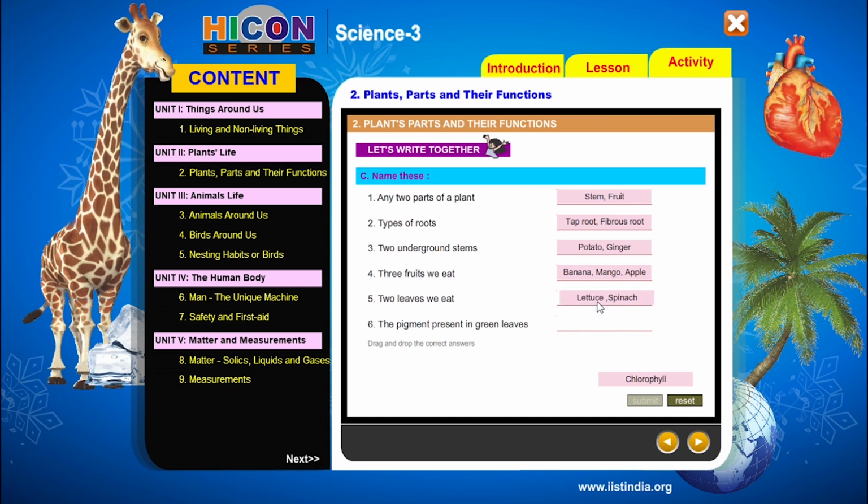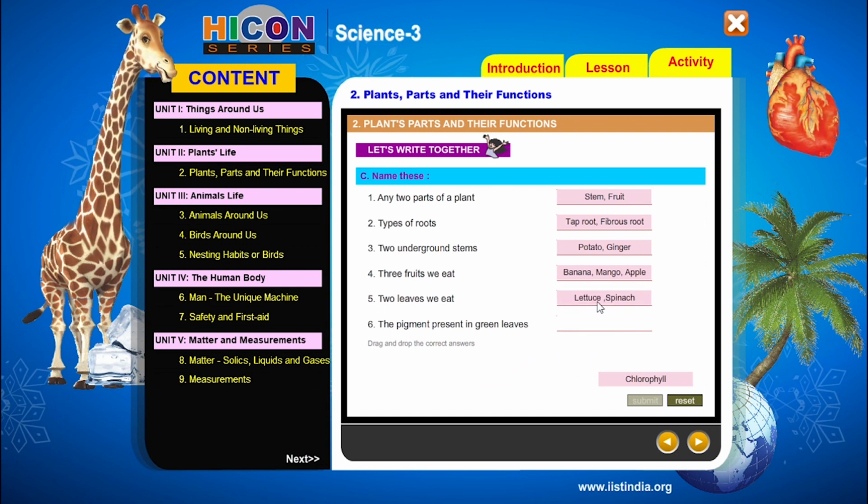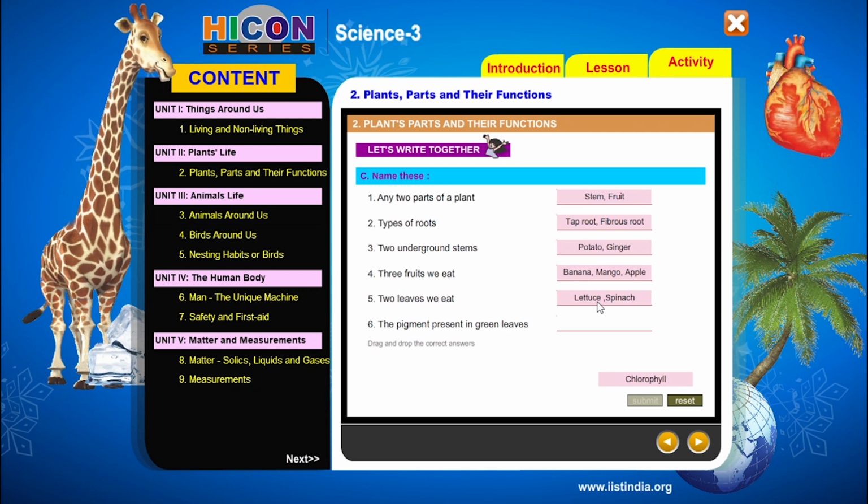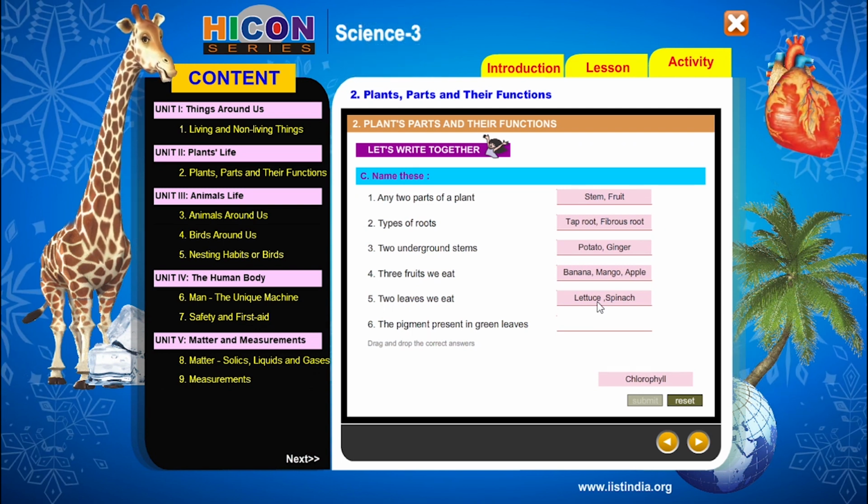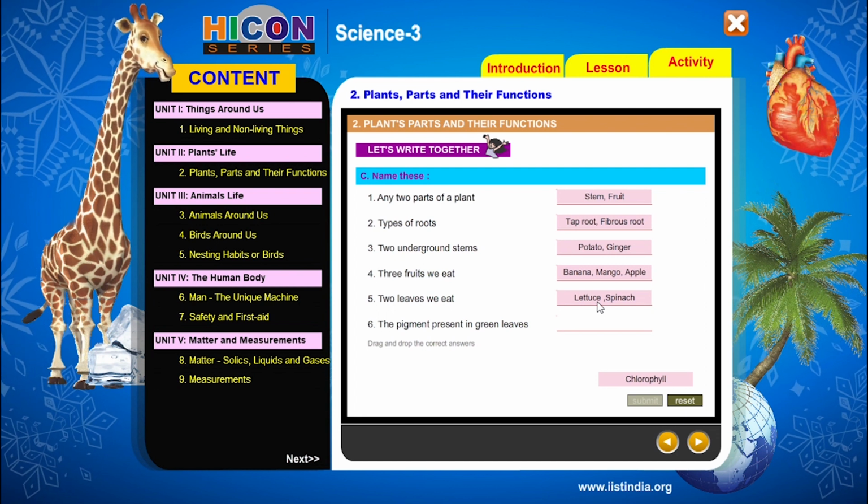So in these plants, those plants store their food in their leaves. So that's why those leaves can be taken as food in our lunch. And these leafy vegetables are very rich in minerals and vitamins. That's why we have to eat these leafy vegetables at least twice a week. Next, read the sixth sentence.